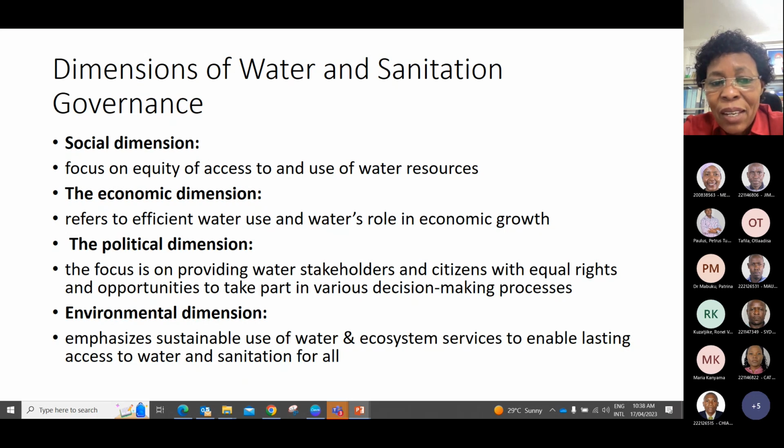And we are also in trouble with regards to having lasting access to water. And then sanitation will also be jeopardized, because it's very difficult to have proper sanitation in place in the absence of water. It's difficult. It might happen, I don't know how, but it's difficult and it might be very costly. So those four are the dimensions of water sanitation governance: the social aspect, the economic aspect, the political aspect, and